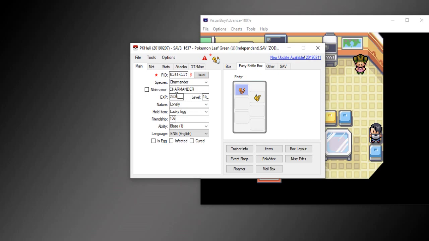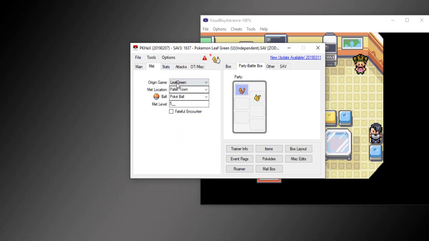So 300, nope. Okay, 2400, nope. Okay, 2500. Not that either. That's weird. 600, there we go. Okay, so we'll go with 530? Yeah, that'll do. Now, altering the exact XP amount will determine how full the XP bar is when you return to the game. Also, you can just go ahead and click where it says Friendship, and that'll immediately put the Friendship to 255. Now, Charmander only has one ability in Gen 3, which is Blaze, so I don't do